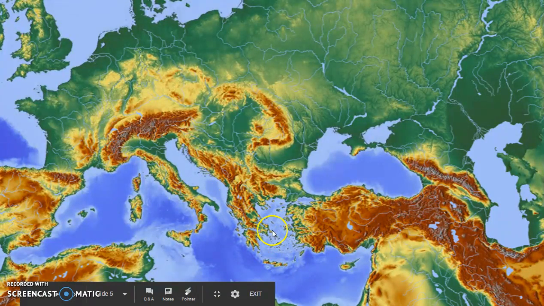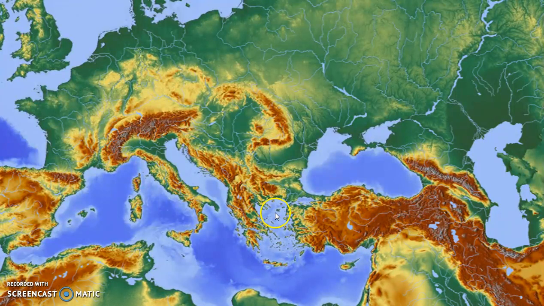Third thing you should notice, it's a peninsula, so we are in the middle of the Mediterranean Sea. This is the Mediterranean. Fourth thing you should notice, all this red. These are representing mountains. So we have a very mountainous place with lots of islands that depends on the ocean to survive. That's what we're talking about here when we talk about Greece.